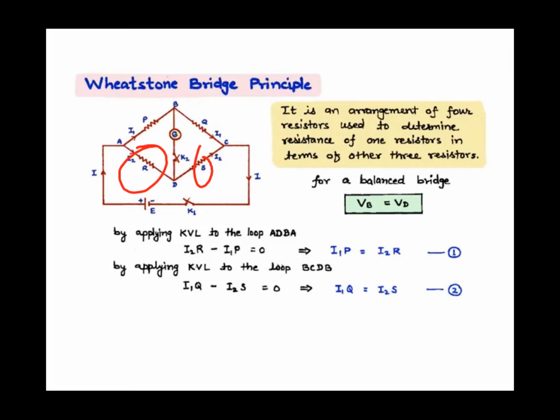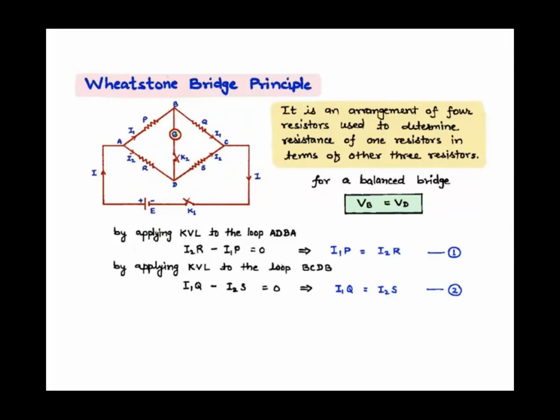So its resistance we can change: 1 ohm, 2 ohm, 3 ohm, 5 ohm, 10 ohm, right? And by increasing or decreasing the resistance, that is by changing the resistance, we are fixing one value of R where the galvanometer is showing no deflection. For that value of R, we will say that the bridge is balanced. This bridge, which is made of four resistors, is balanced. Right? So let's see how we are going to do it.